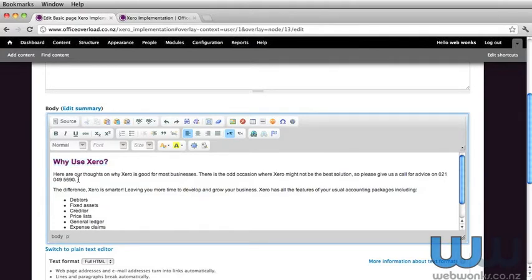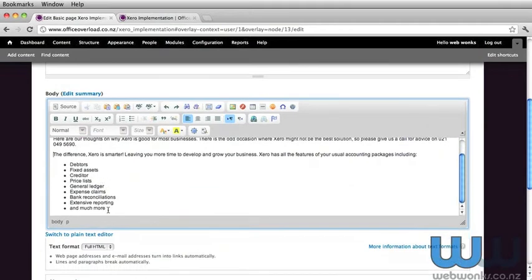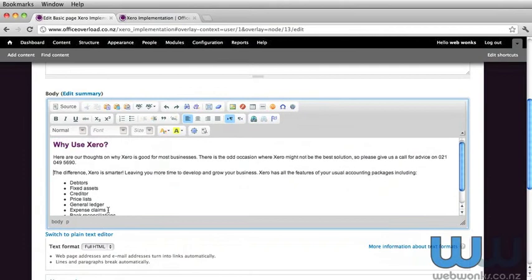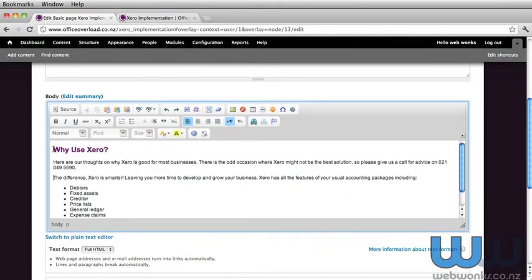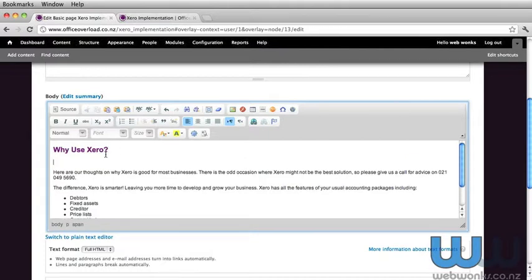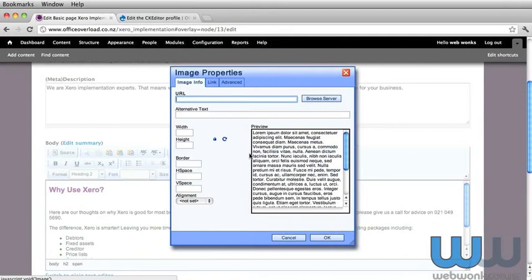So I'm quite happy with the formatting of this page. I'm going to want to put something at the end of the bullet points, but I'm also wanting to put an image into the page. I'm going to want that to be directly underneath the title or the H2 tag. So I'm going to put the cursor directly there, directly underneath the title, and I'm going to click on the image tab inside the editor. So click on image and then you'll see the image properties window, and here we're going to want to browse server. In effect you're going to